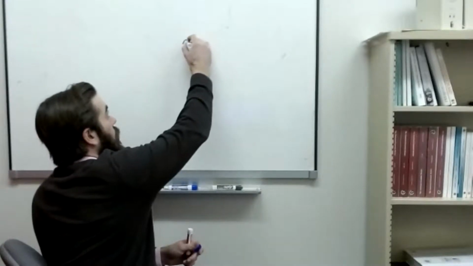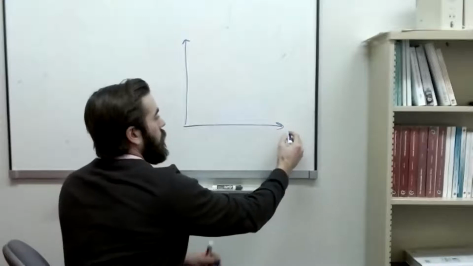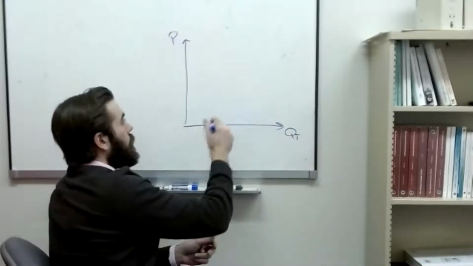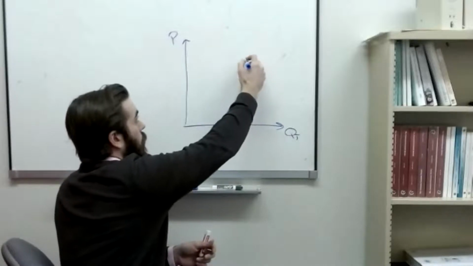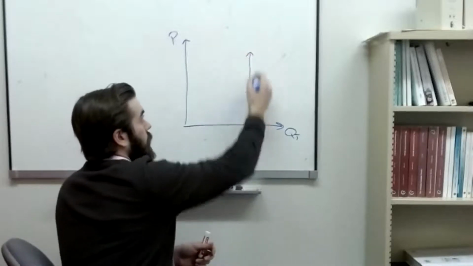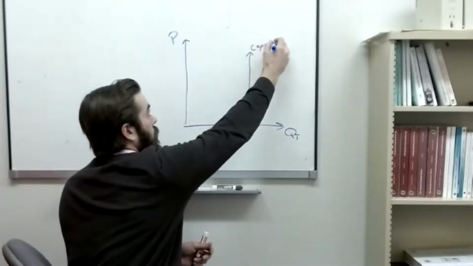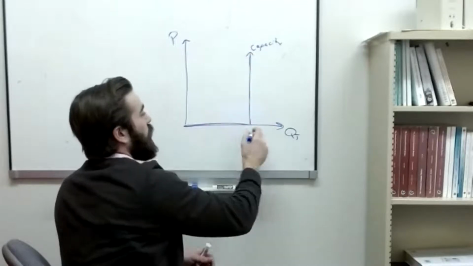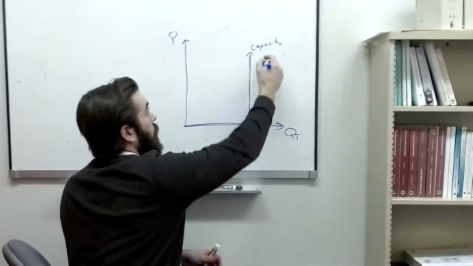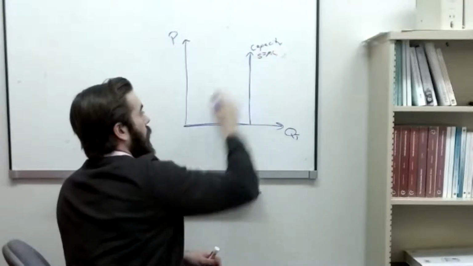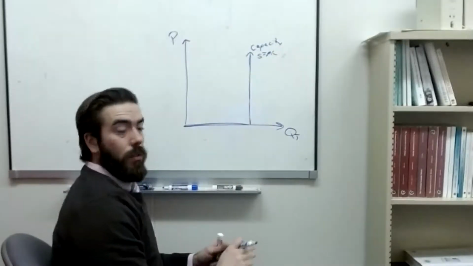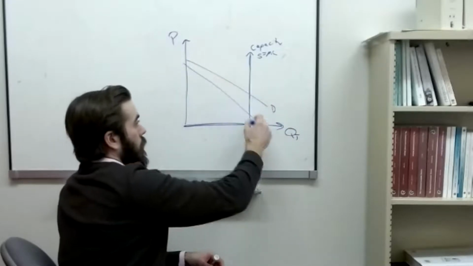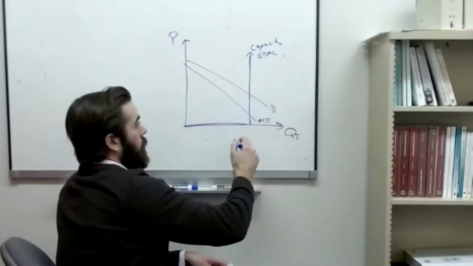So let's say we've got this quantity of tickets and we've got the price of tickets. And I'm thinking about, we've got some capacity where supply runs along the x-axis, so that marginal cost is 0 up to the point where we hit capacity, and think about this as now our supply or our marginal cost curve. So we've then got some demand curve and we face some marginal revenue curve.